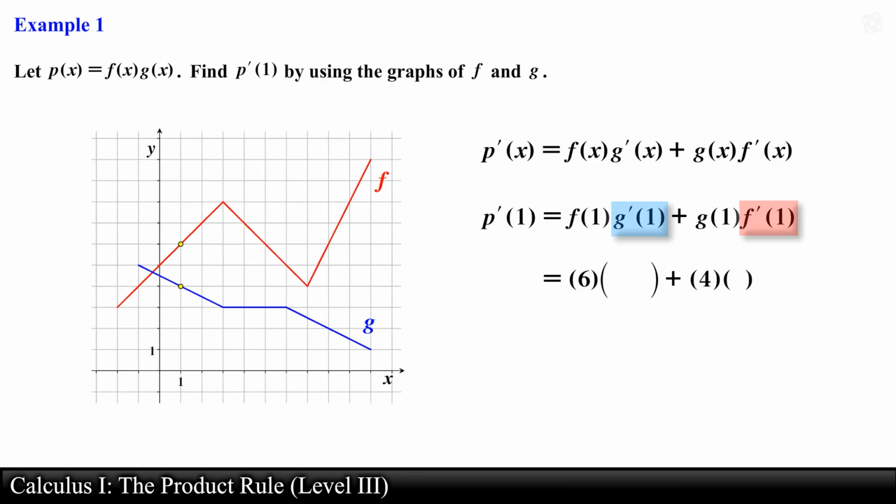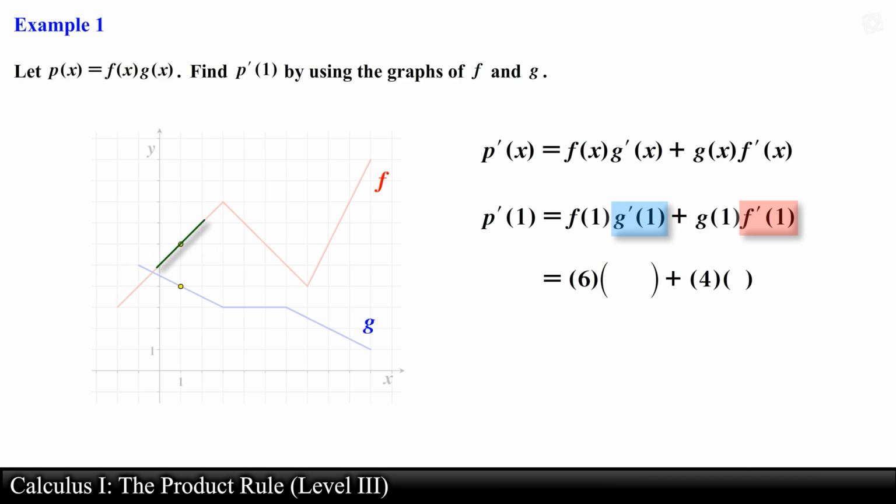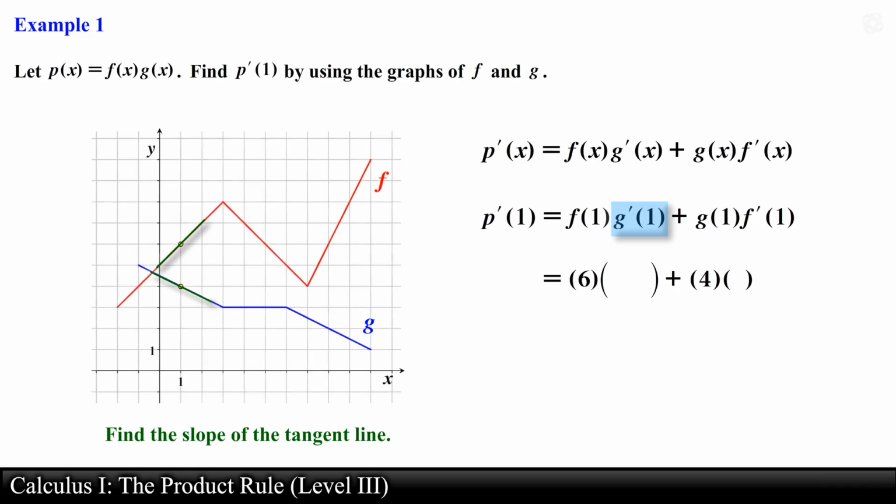Now to find g prime and f prime evaluated at x equals 1, we need to remember the geometric interpretation of the derivative. In this case, the derivative represents the slope of the tangent line at every given value of x of the function. This means that in order to evaluate g prime at x equals 1, we need to calculate the slope of the tangent line of g of x at x equals 1. Since the blue graph at x equals 1 is formed by a line, we can find the slope by calculating the rise over the run. In this case, it is going to be equal to